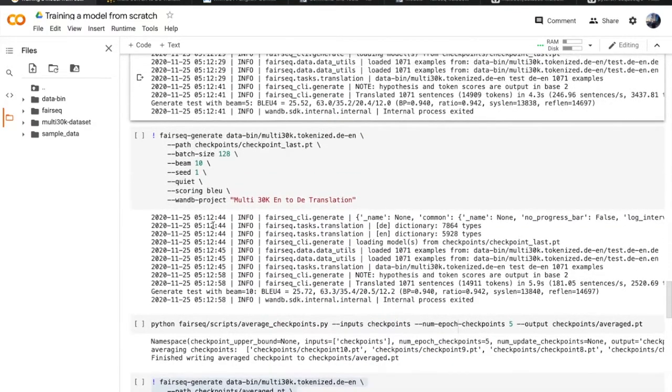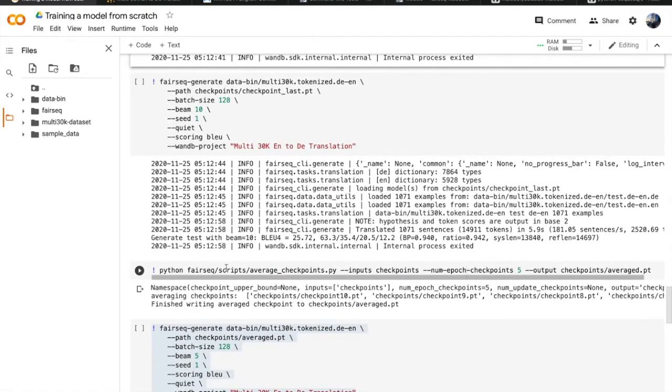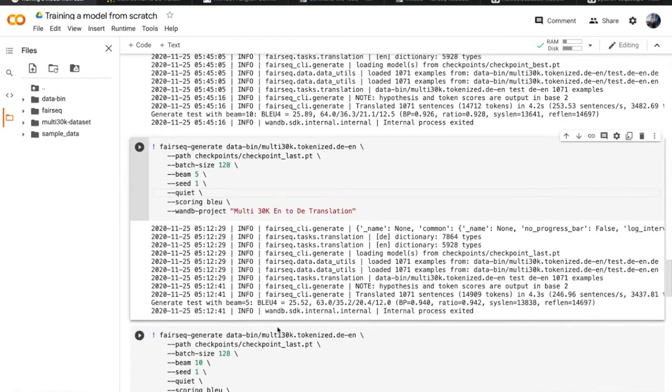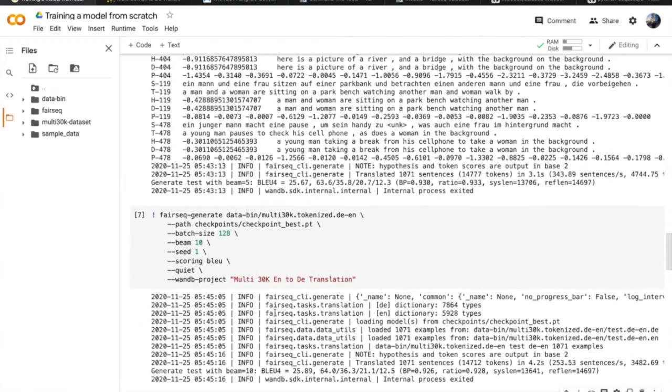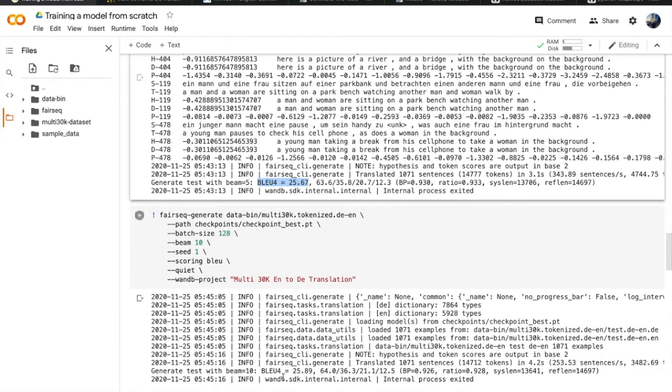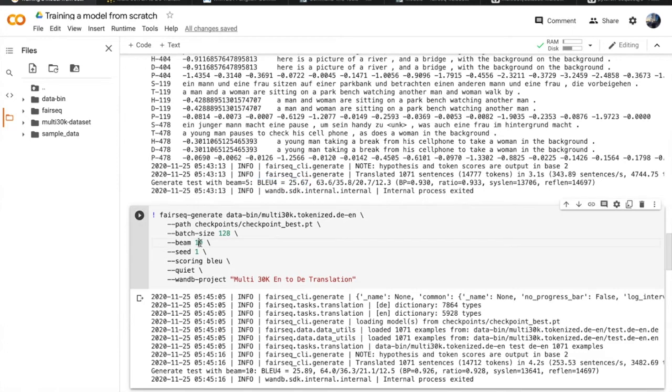And also there is another very great technique, which is averaging checkpoints. The results are here, and we can see that over the baseline of 25.67, we just change one parameter, during the inference part: we change the beam size to 10.